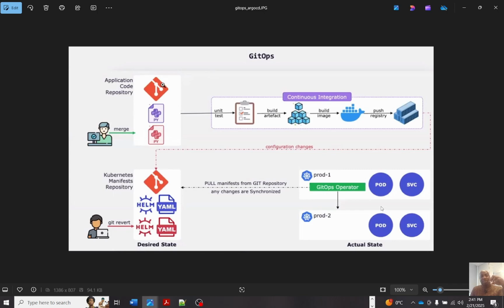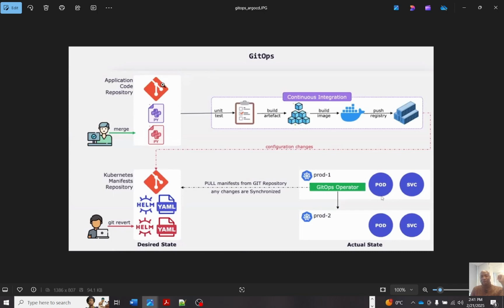operator, which is ArgoCD in this case. We have another tool called Flux. It also works like ArgoCD, but ArgoCD is more popular because it has both a graphical user interface and a command line, while Flux is mainly command line, and people prefer to interact with a GUI. So the work that it does is to constantly make sure that the desired state, which is the state you set up in your Kubernetes repository, matches what you have in your